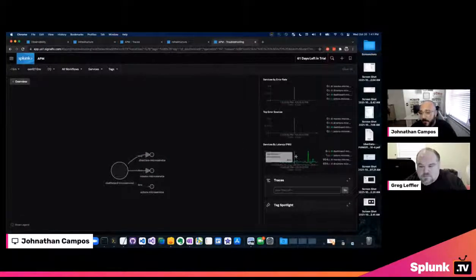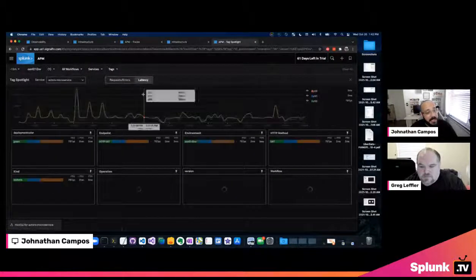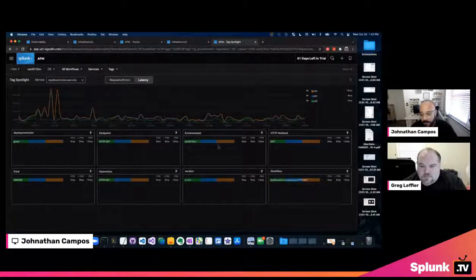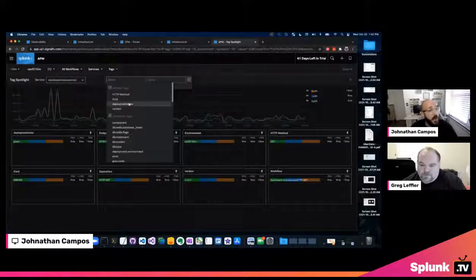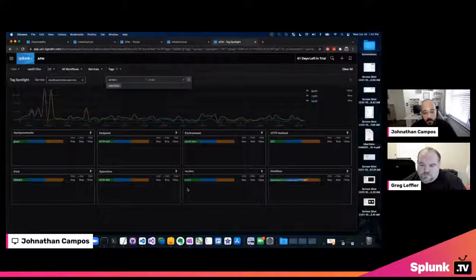You can see our RED metrics actively coming in here. With Tag Spotlight, we get a quick overview and information about that new downtime that Greg and I were talking about, which is the latency behind all of these calls. If you add tags to your environment, which you can configure within the OpenTelemetry collector, you can also easily filter by these tags. One way I like to filter is by version number. Let's say I want to see everything going on with version 1.0.1 of this given microservice.